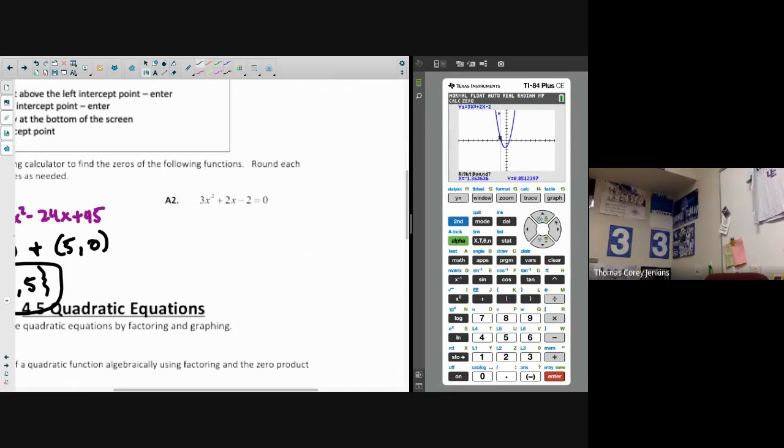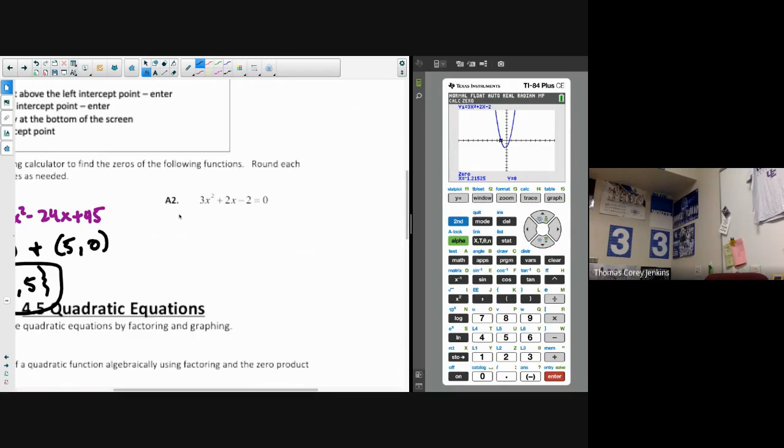Now it wants the right bound. So now we go to the right of it, anywhere, right? And I know I'm to the right of it once I go underneath the y-axis there. So I'll go ahead and hit enter. And then you have to hit enter one more time, okay? You have to hit enter the last time, and it will tell you, there you go, negative 1.21525. Now we have that number where we can round it to the nearest hundredth, which was in the directions. So we'll call that, rounded to the nearest hundredth,